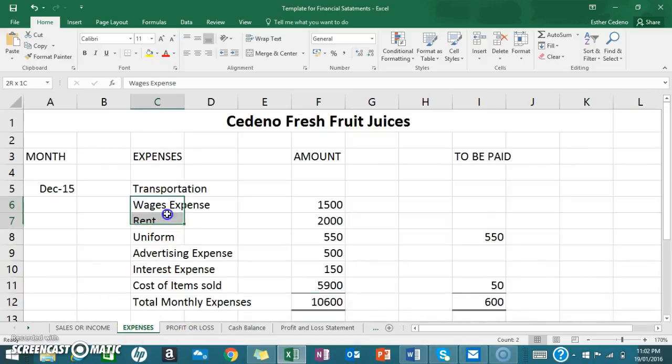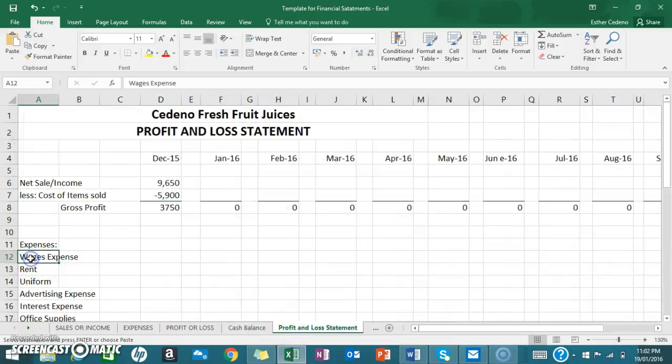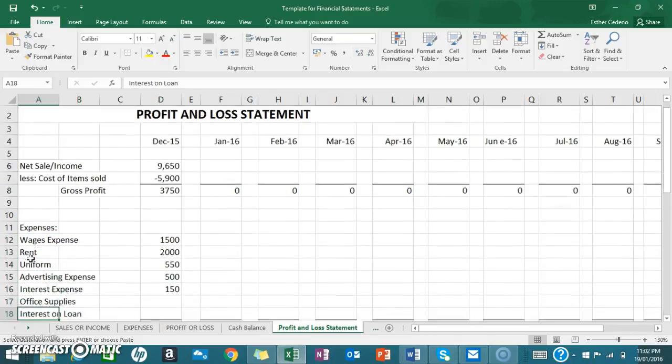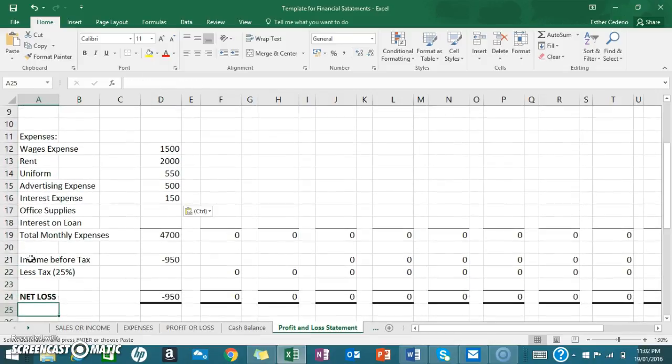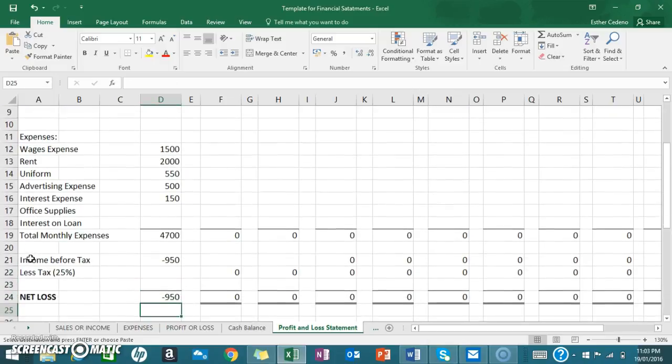That's left to pay expenses. Your balance of expenses would be everything else except for the cost of items sold, which we already accounted for. So I'm going to include this here. You can do them one by one, but to speed up things, I did it this way. So the net loss, we ended up with a net loss of $950. Okay, so after they covered the items that they were purchased, it was not enough money to cover all the expenses that were incurred, so they end up with a loss of